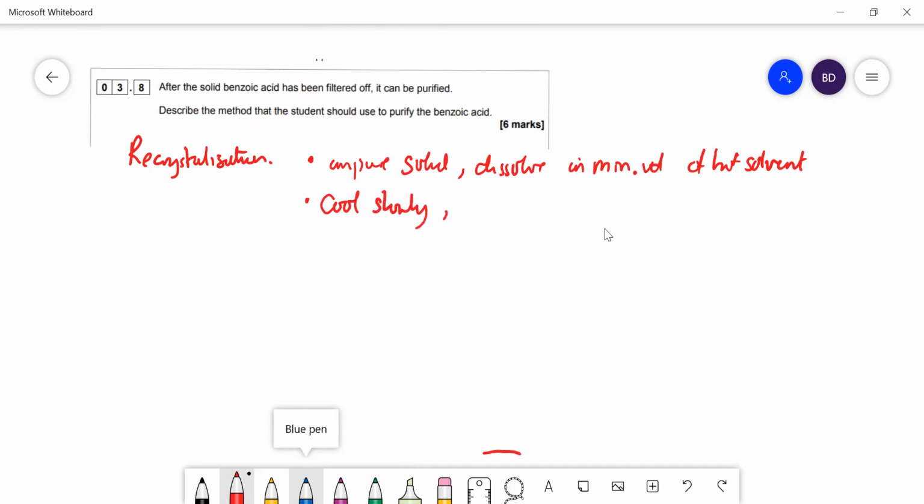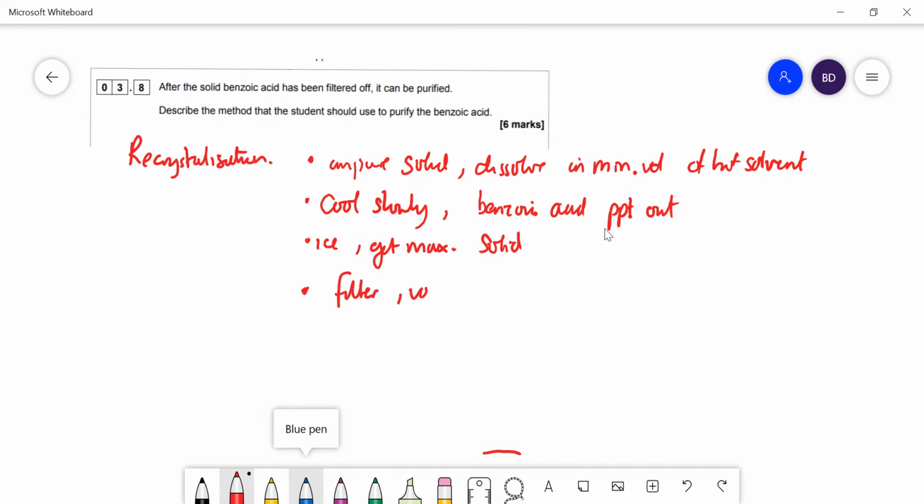And the product, the benzoic acid, will precipitate out. Because the solubility is less in the cold solvent, you may want to put it on ice at the end just to get the maximum amount of solid, so there's less dissolved in the solvent. Now once you've got the solid, that's going to be pure, so then you need to filter it